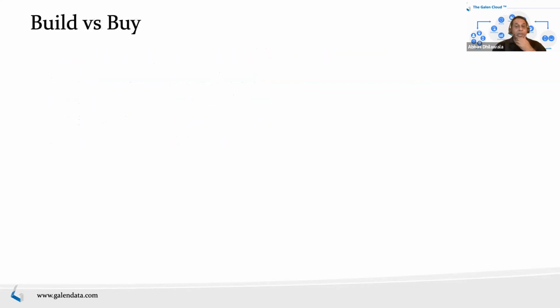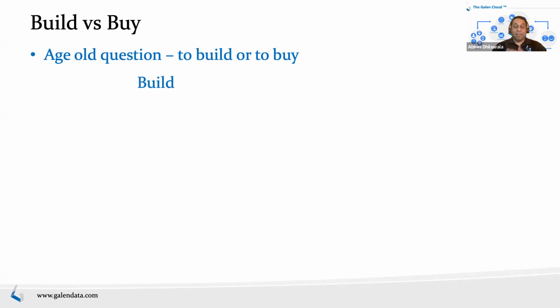And the last thing is about cost and effort. So how do you build? Let's say you decided through the risk analysis and through all your regulatory aspects that the connectivity is important because the benefits outweigh any sort of risks and effort. So what do you do? Do you build? Do you buy? It's an age-old question. There are different pros and cons.